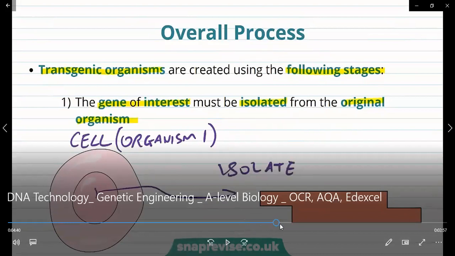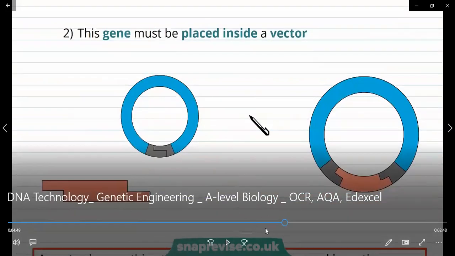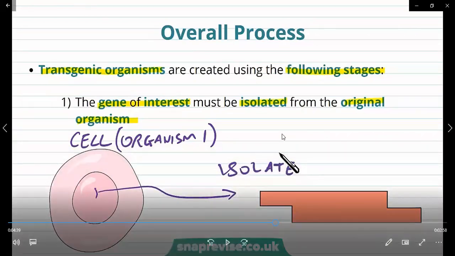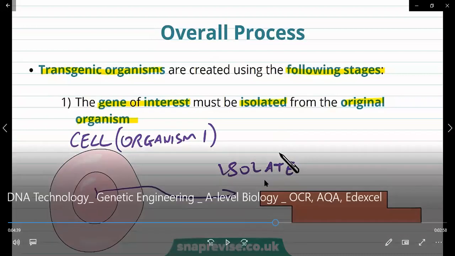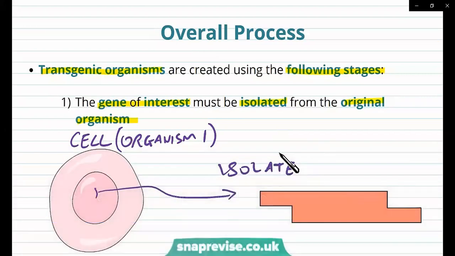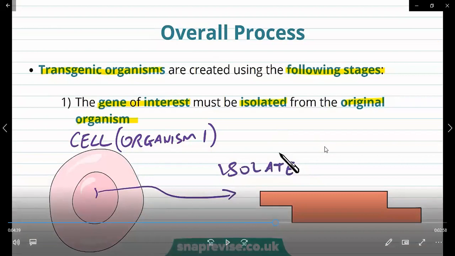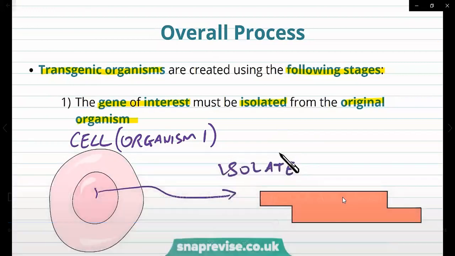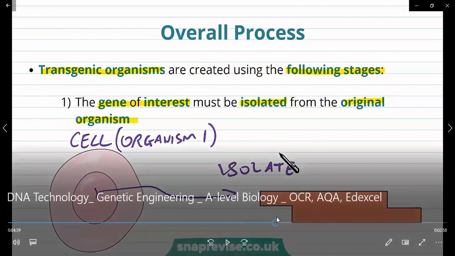Normally to do this, you must use specific enzymes. He didn't mention the names of the enzymes, but in the next document that we will look at, you will see the names, because the names are important for you to remember. The enzymes that will be able to cut out your DNA or your gene for you are known as restriction enzymes or endonucleases. These enzymes cut the DNA in a zigzag pattern like you're seeing here. So there's this part of the DNA that is single-stranded, and also over here is single-stranded. So we say that it is in a zigzag pattern.